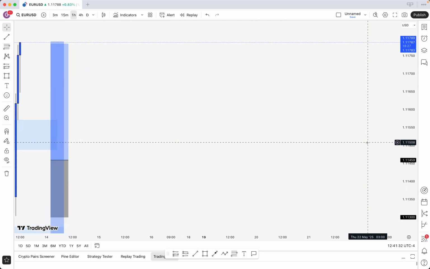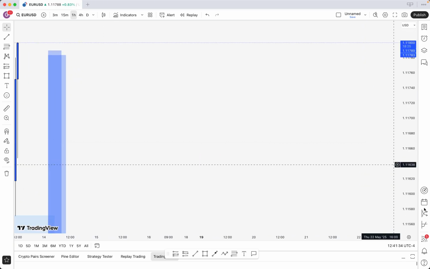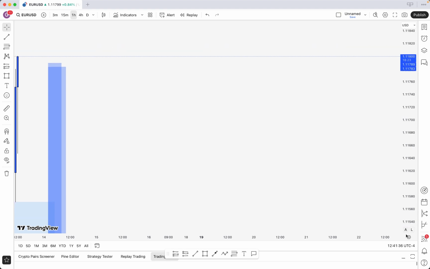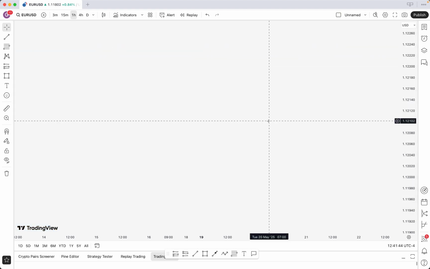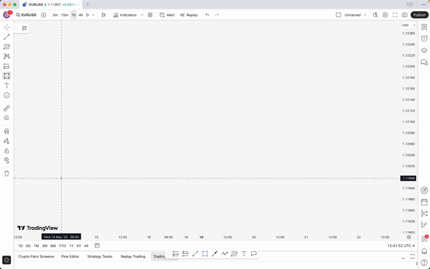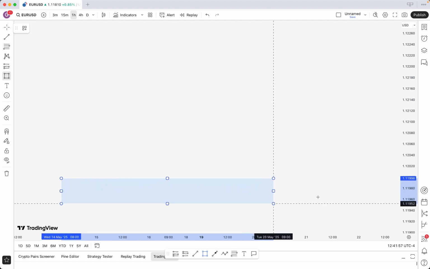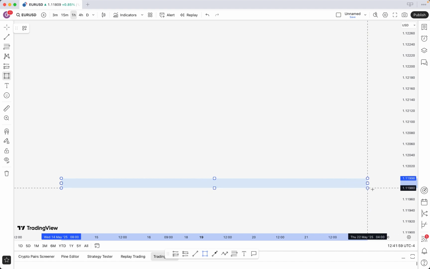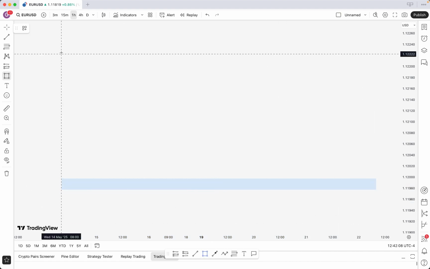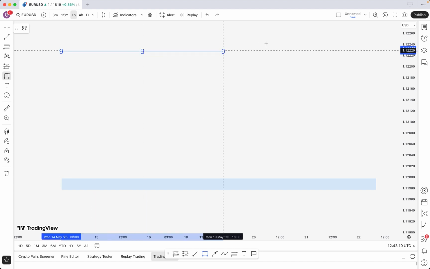Going into the charts, what are we going to expect whenever we come checking for order blocks? What do we come to look for and what do we expect? So let's assume we already know about order blocks and we understand that we need to draw order block zones as support and resistance. So we'll take this as a higher time frame support, I will take this as a higher time frame